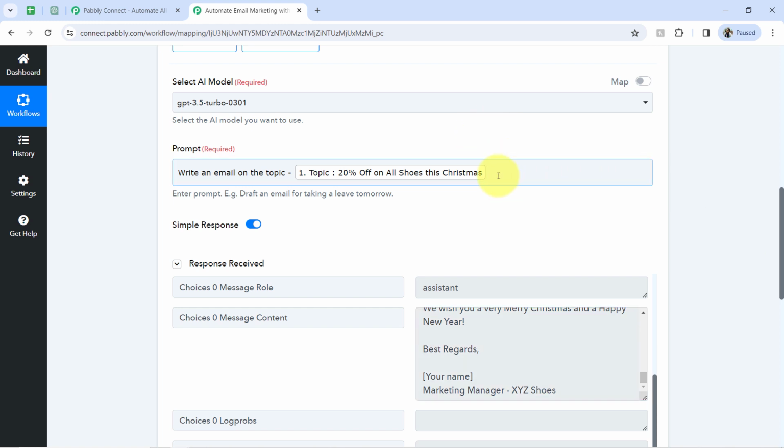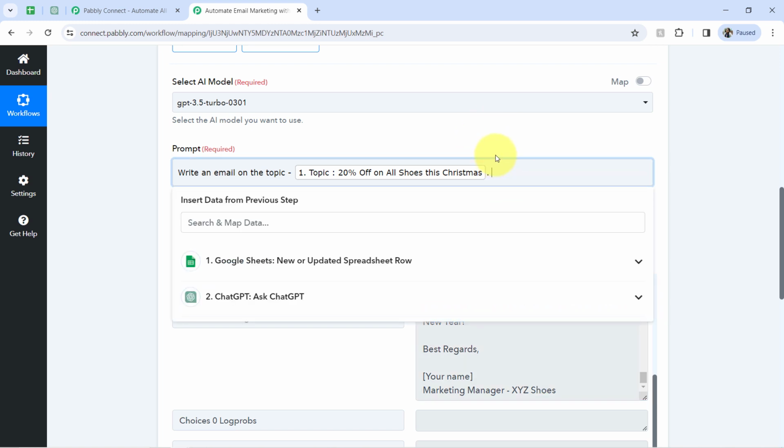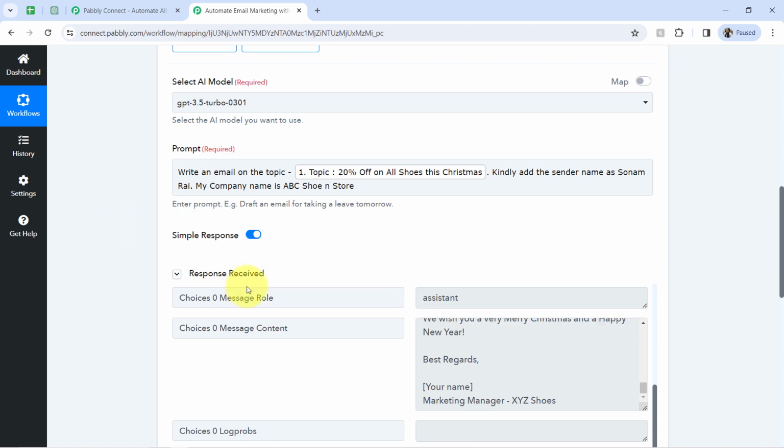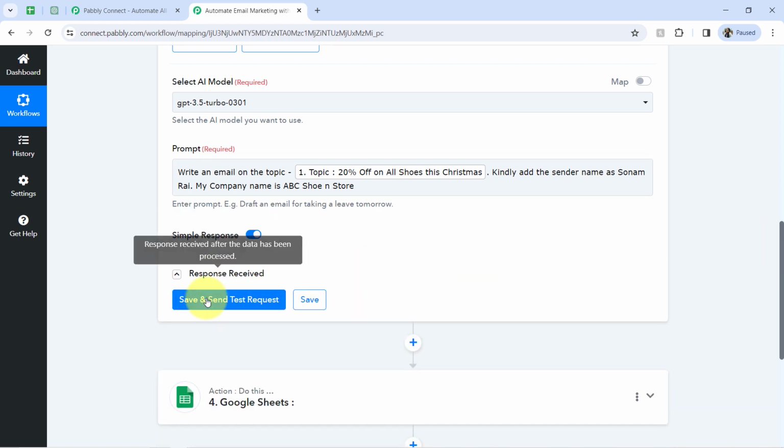Okay, you can provide a descriptive prompt, basically a larger prompt, something like kindly add the sender name as Sonam Rai, and along with that my company name is ABC Shoe and Store. Okay, let's assume that I have this company name. Let me also correct the spelling. Okay, so in this way you can provide the instructions as per your requirement in normal English language,